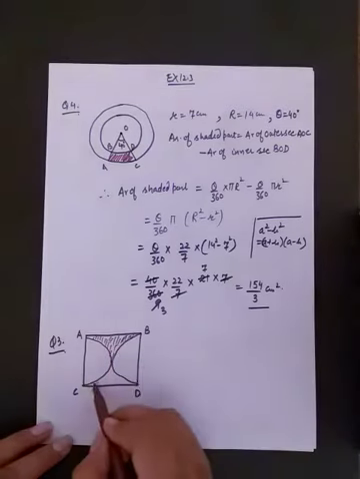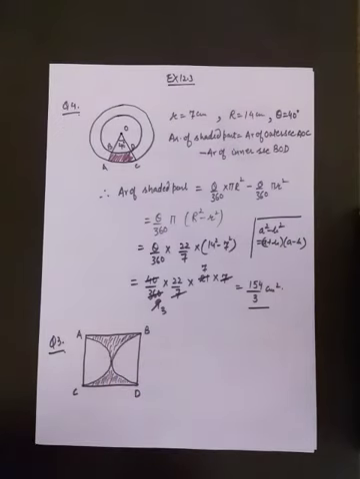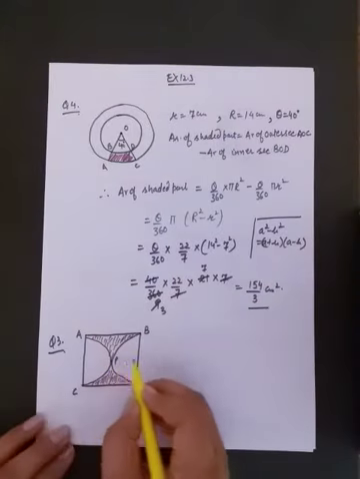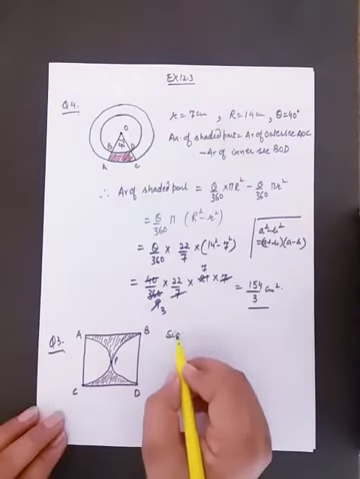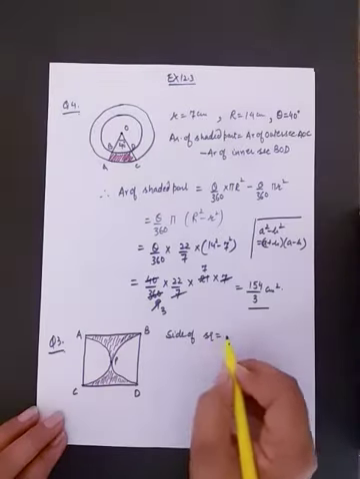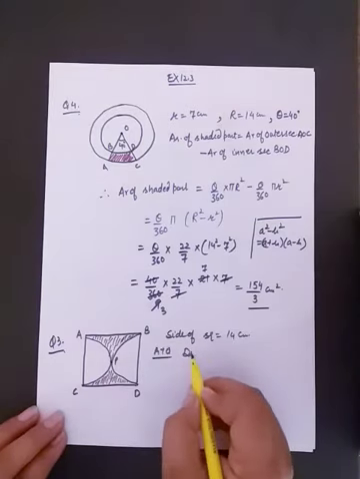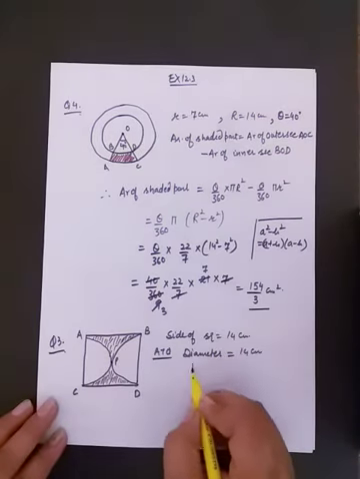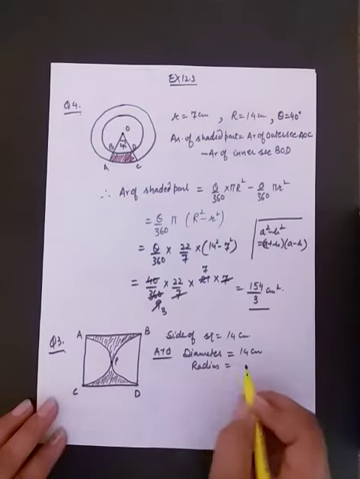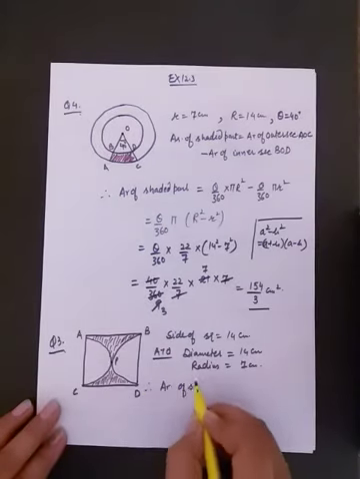So very clear from the figure that you have to subtract the area of two semicircles from the area of the square. So here the side of the square is 14 centimeter. So according to the question, the diameter of the semicircle is 14 centimeter. So the radius will be 7 centimeter. So therefore the area of the shaded part